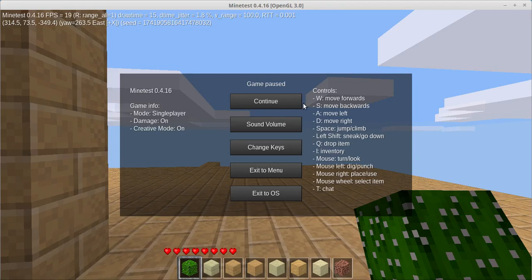Hey everybody, we're back with another episode of How to Play Minetest. In this episode, we're going to talk about some of the research that we have to do before building a